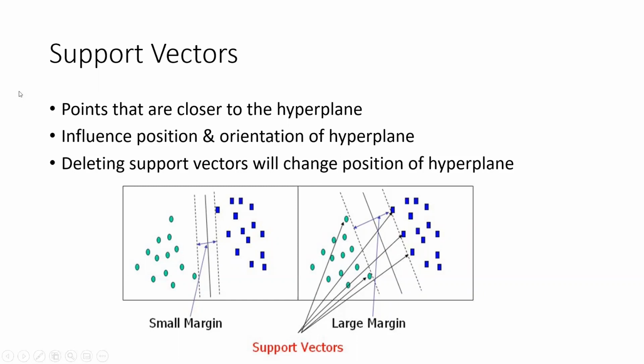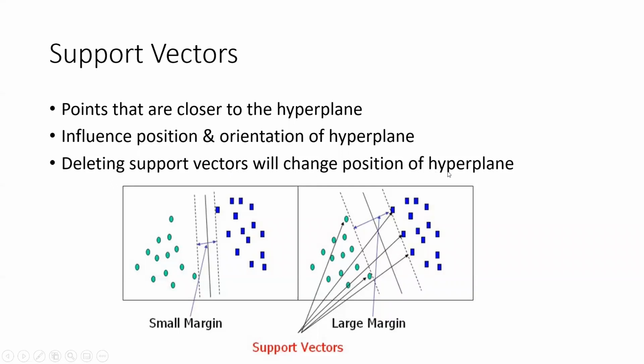Okay. So in the second point, if you see, we are saying the support vectors influence the position and orientation of the hyperplane, right? So what that means is basically, just assume for a moment that one of these 3 points is not there, then we might tend to draw a hyperplane in this particular direction. Let's say from the top right corner to the bottom left corner over here. So this is how the position of the support vectors influence the direction and position of the hyperplane. Okay, and that's what similarly we are saying here. Deleting the support vectors will change the position of the hyperplane.